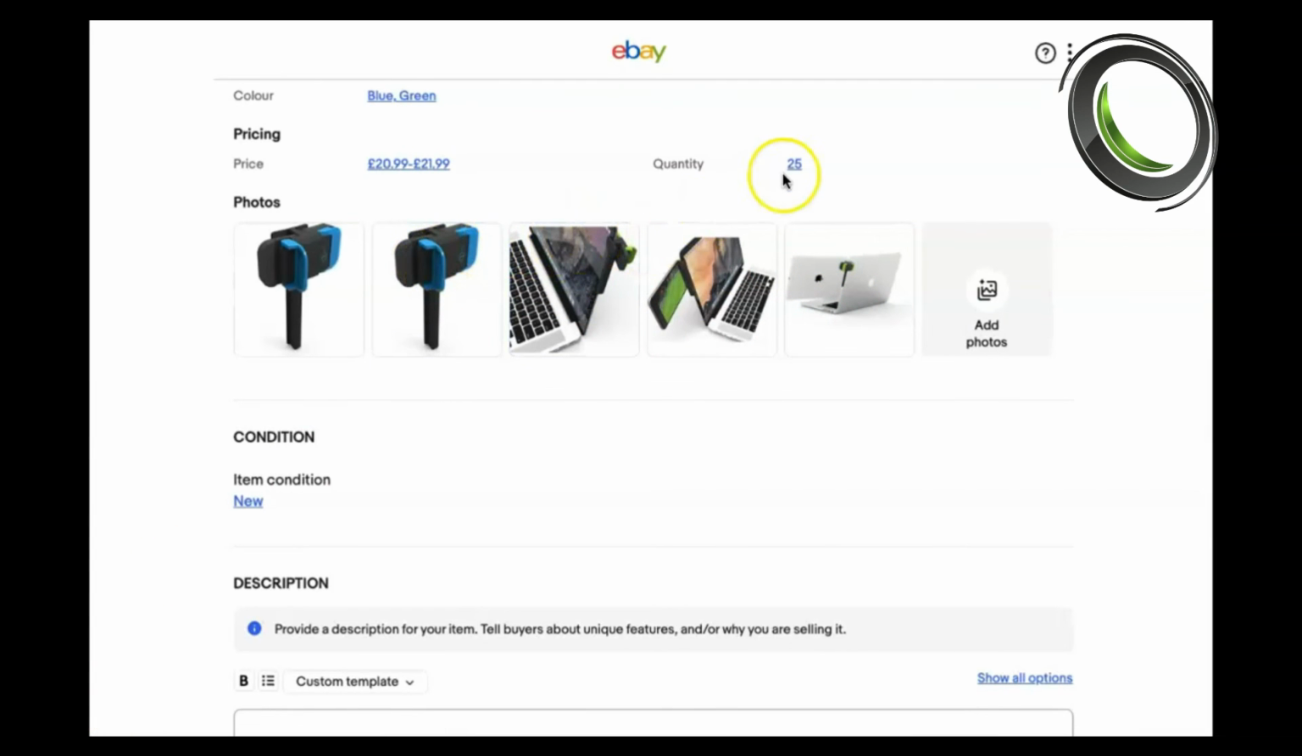Now, in terms of the quantity, we added that we had 15 of the green, this one here, and 10 of the blue. And so when 10 of these blues sell out, the active listing will then only show the green in stock. If this is a continued seller for you, what you can come in and do is basically revise the listing. So go into your Seller Hub if you're a business account, or if you're a personal account, go to your selling listings,